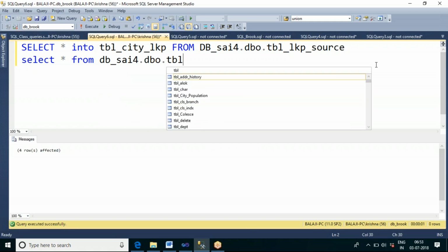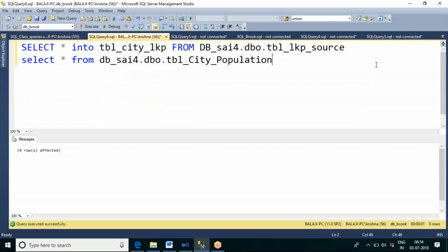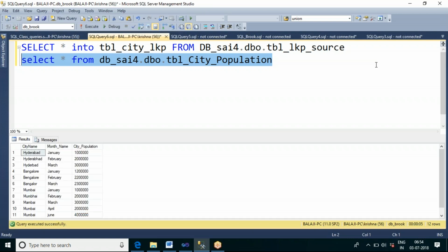Okay, we have another table called city population. Let me see what is there in this table. In this table, I have each city for each month, and what is the total population.